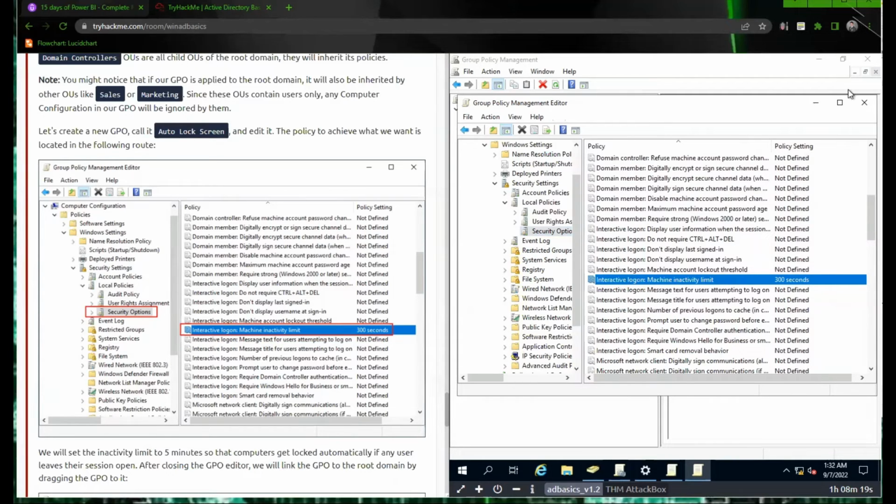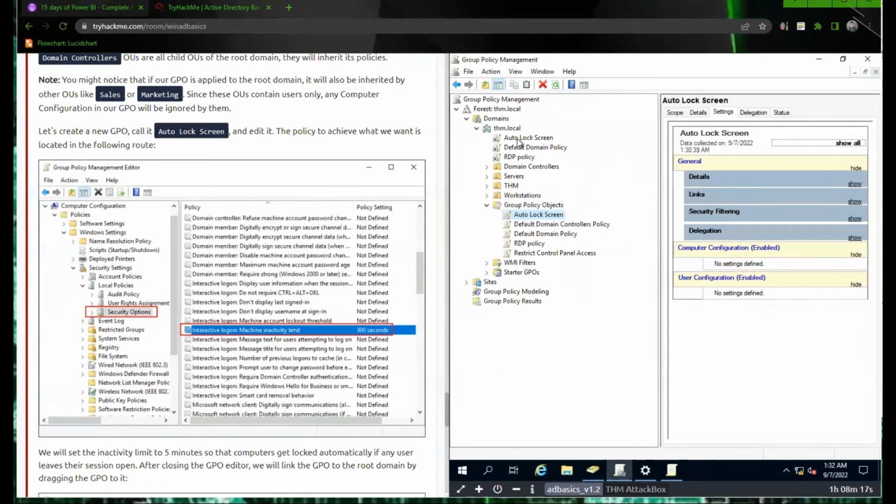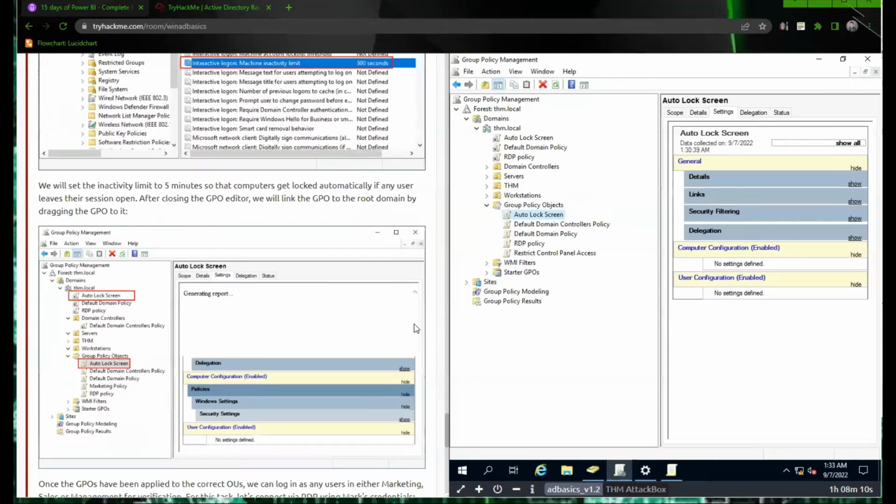This one's set to 300. Okay, cool. So it looks like it inherited, like it was supposed to, the permissions of the root GPOs. All right, we'll set the activity for